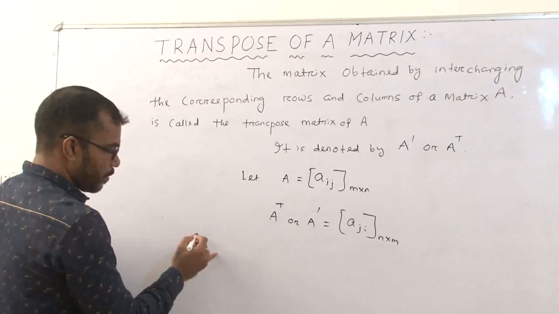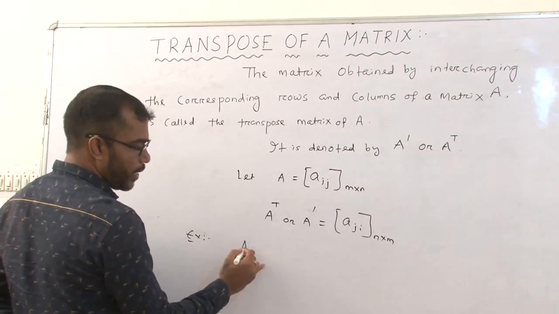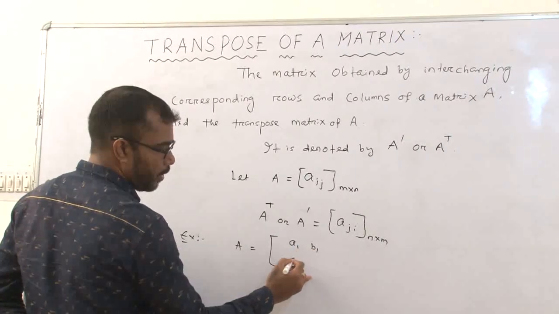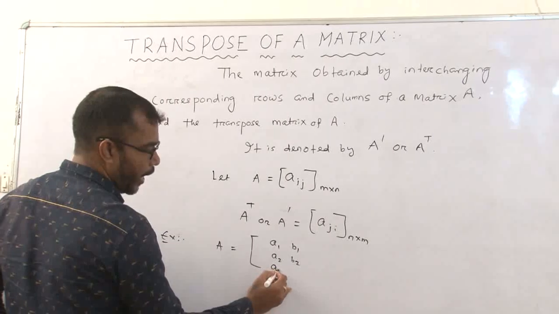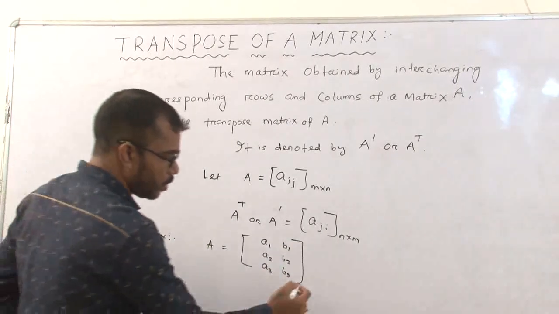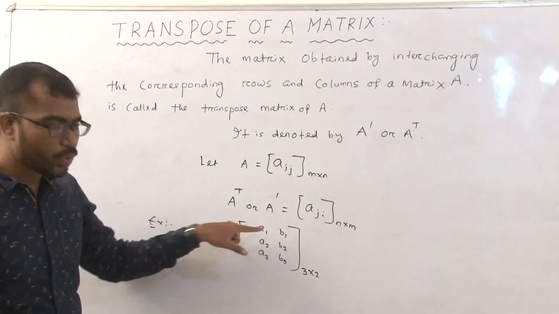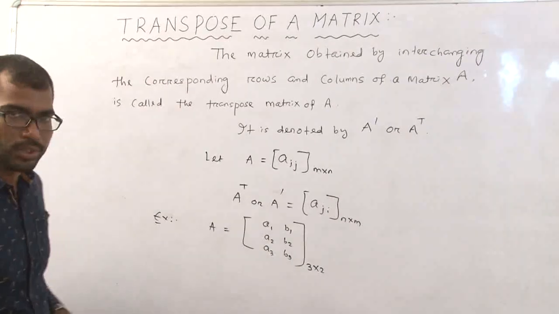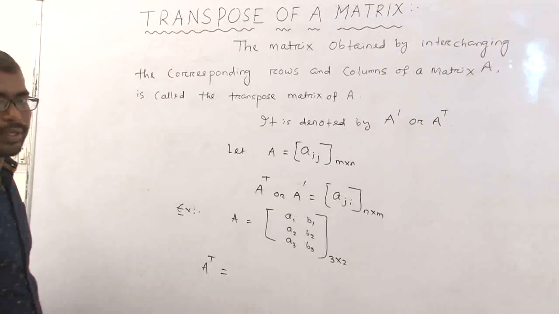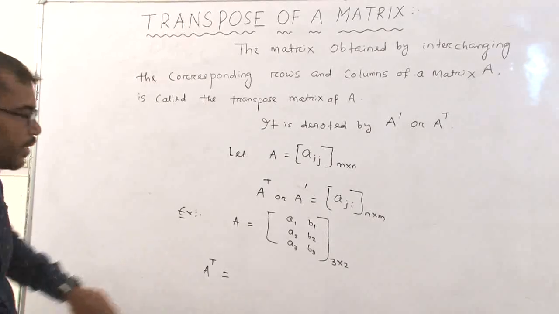Now let us take some examples to understand clearly. Suppose A is a matrix having rows a1 b1, a2 b2 and a3 b3. It is a matrix of order 3 into 2. 3 into 2 means 3 rows and 2 columns. If I find its transpose, that means A^T, transpose of matrix A, and that is